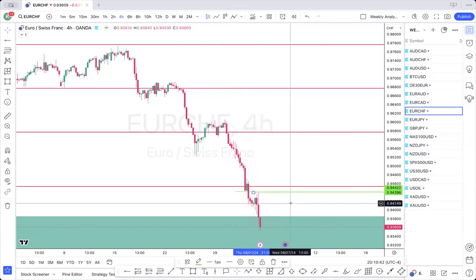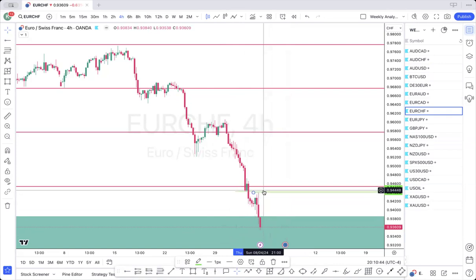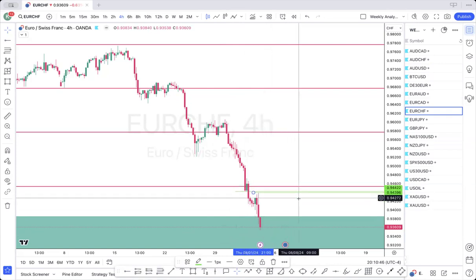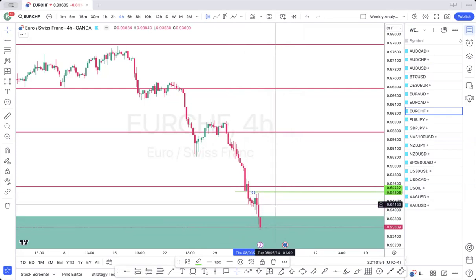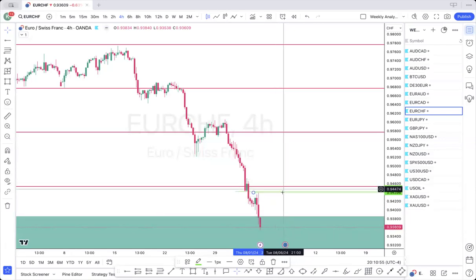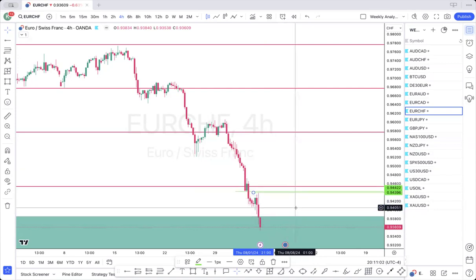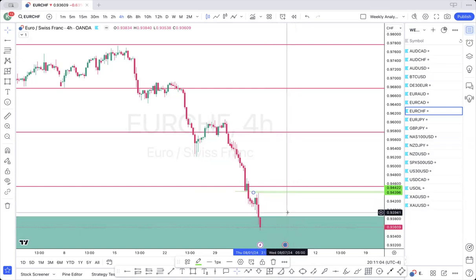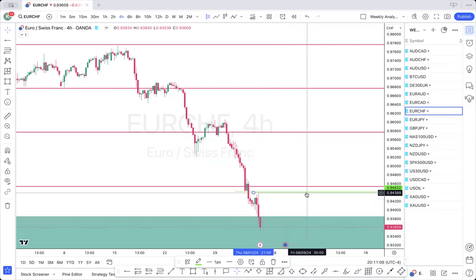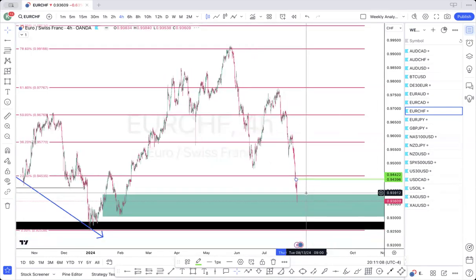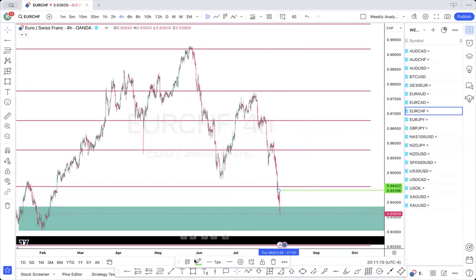So if price closes above this swing high, you may get a pullback based on any impulse move, any imbalance, any demand zone or order block within this zone, and then you would set a limit at your imbalance and or order block,